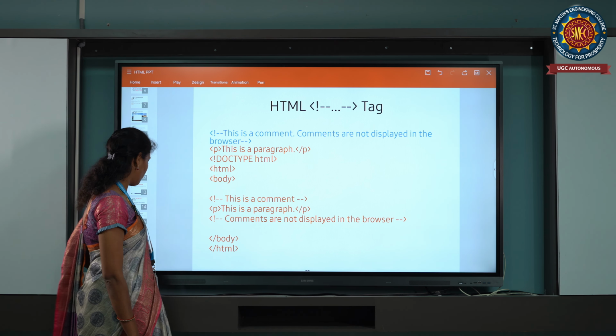After that, the anchor tag is a defined tag for a hyperlink, which you use to go from one page to another page. By clicking the anchor tag, we give a click like this. It will display the output in different tags. First is the doctype HTML. After that, the HTML tag, body tag, and H1 element, and we are going to close the H1 tag. href is http and the smec.in website. www means World Wide Web. We are using the World Wide Web to get more information. After that, we close the body tag and HTML tag.